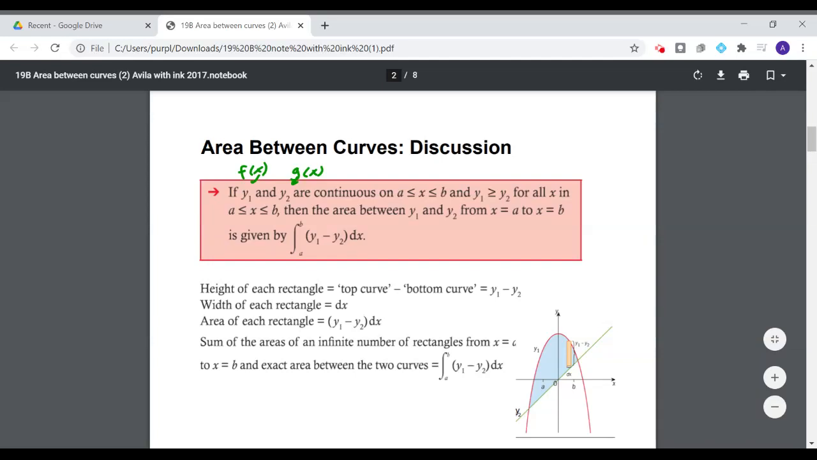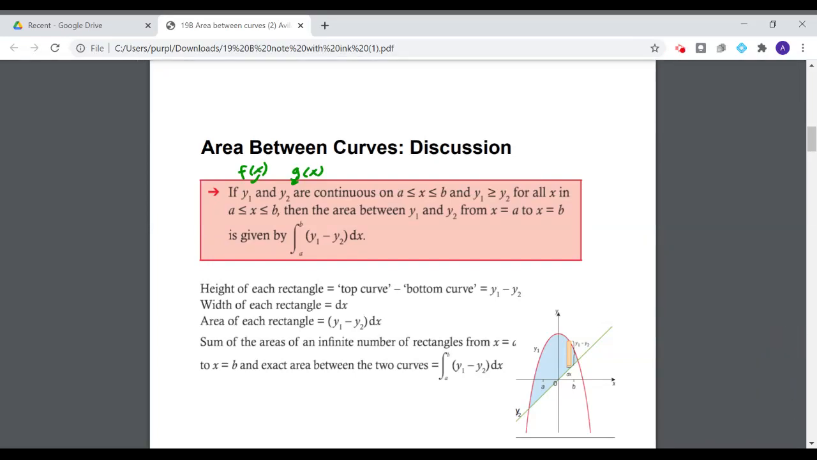Hello everybody and welcome to our video on section 19b, which is about the area between curves. So in the previous videos, you watched me work through a slideshow where we were discussing where this idea comes from. This is just a summary, but essentially if y1, or sometimes we call it f of x, and y2,